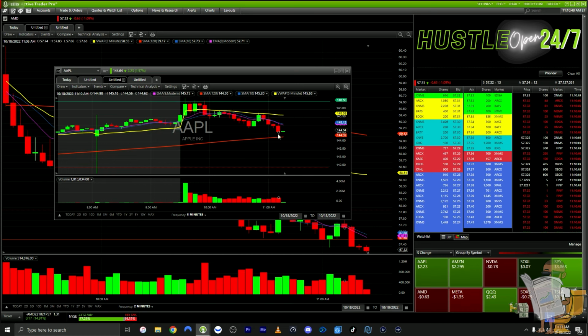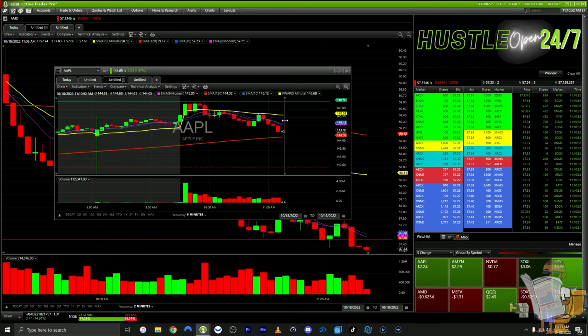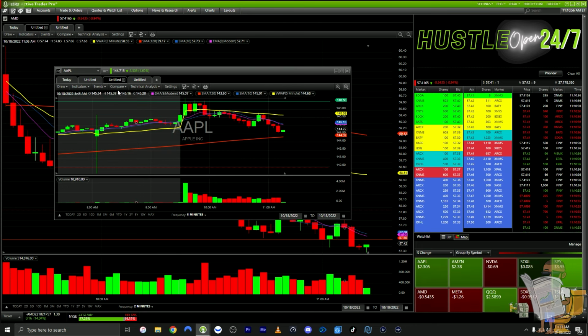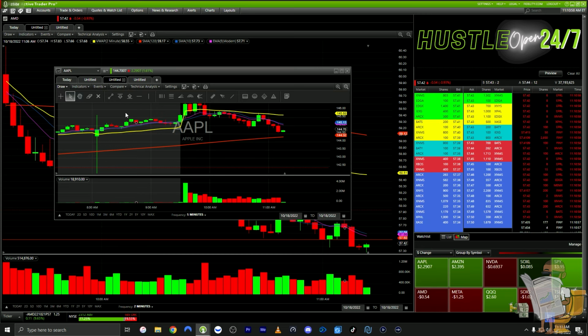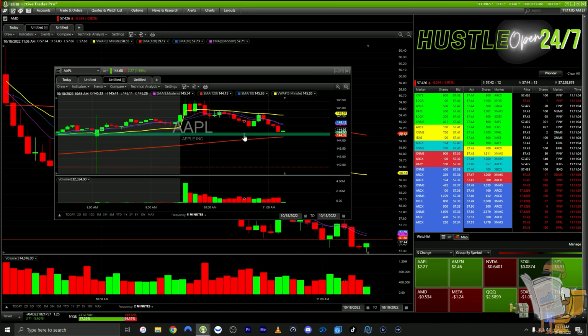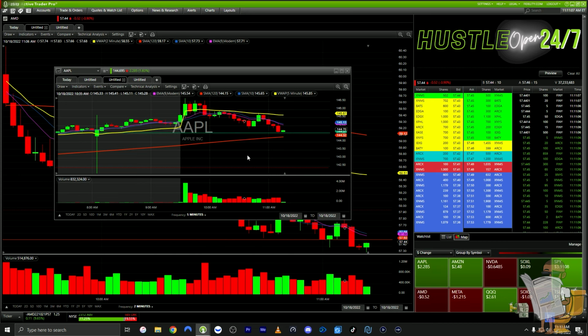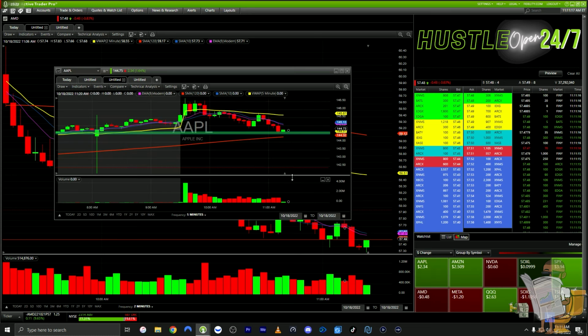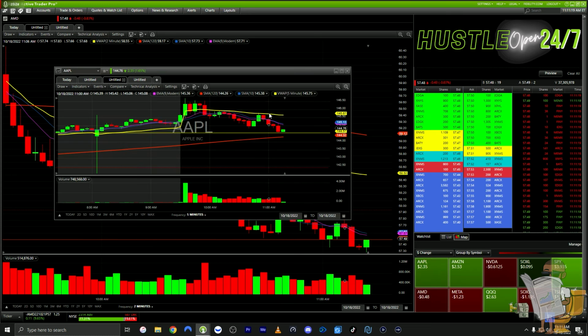And look, this is what we really want to see. Apple underneath VWAP, far beneath the 9 and the 10. Again, it's trying to catch a bounce at this level right here. All right, first of all, let's go ahead and clean up this chart. Apple trying to base here, but what we want to see is it crack that level here. Right here. See, it's bouncing off that level.